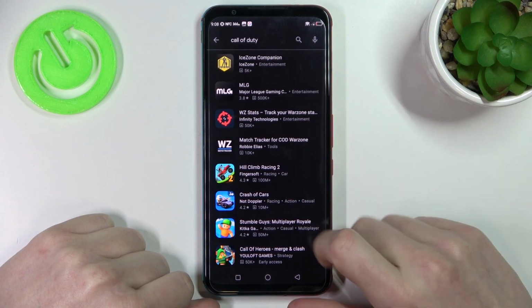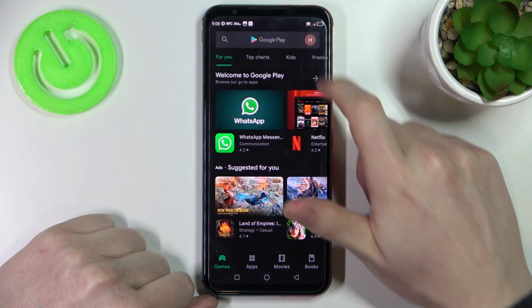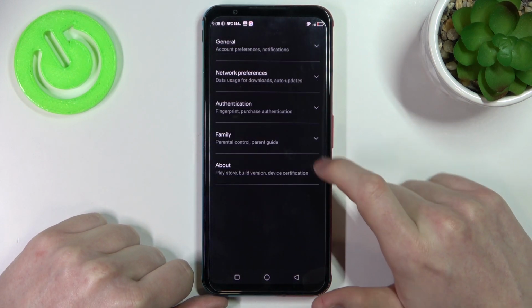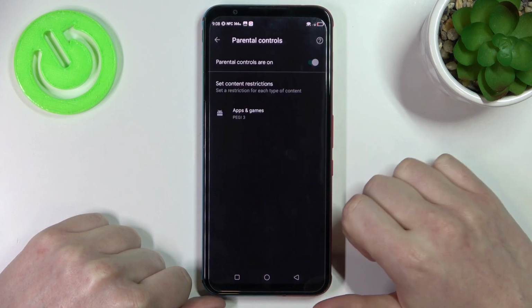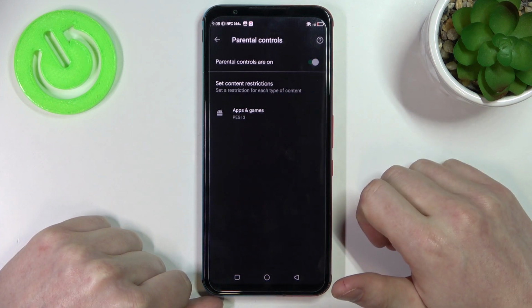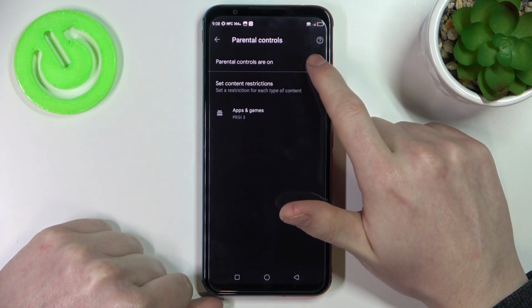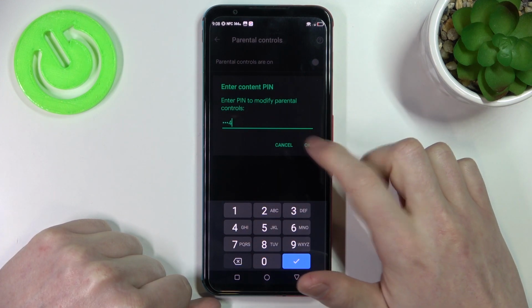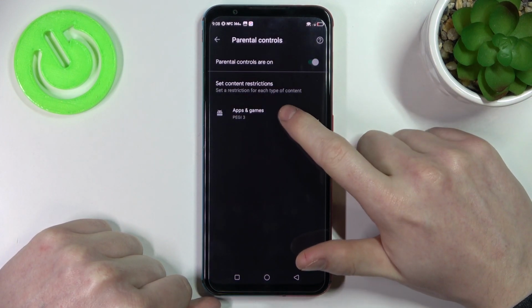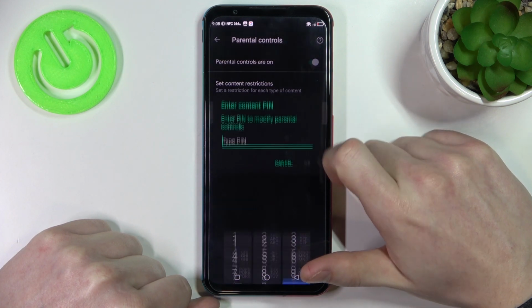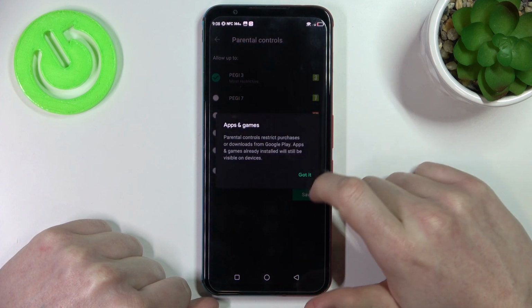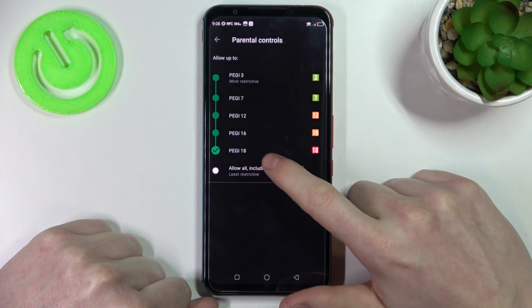As you can see, there's no game right here, and in order to fix that we need to go back, press on our profile icon, then go to settings, family, parental controls, and from here there are two ways you can fix that. The first one is to simply disable parental controls, enter your PIN like that and then press OK. The second way is to go to apps and games, enter your PIN and increase PEGI to 18 or